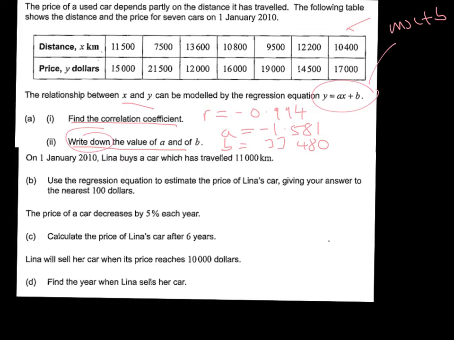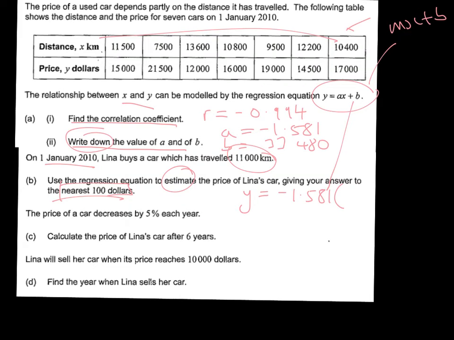For part B then, we're told that on the 1st of January, Lena buys a car which has travelled 11,000 kilometres. We can see we haven't actually got 11 anywhere up here. We are asked then to estimate the price of Lena's car, giving your answer to the nearest $100. So we've got our equation here, which we can now fill in the parameters. So we know that y is going to equal A, which is negative